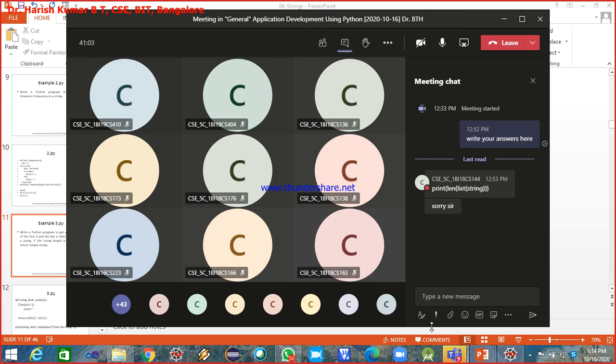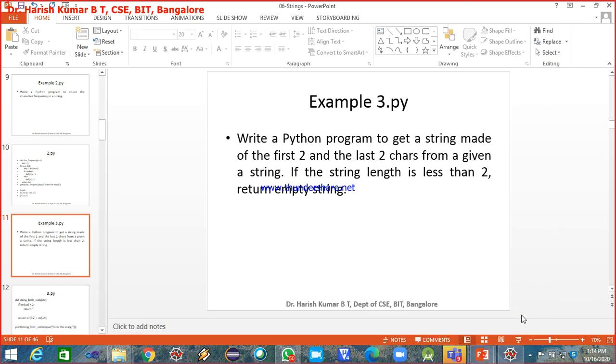Sir, can you show the question again, sir? Yeah, 1 second. Write a Python program to get a string made of the first 2 and last 2 characters from a given string. First you have to read a string, and then you have to check whether it is of length less than 2. If it is of length less than 2, you have to return an empty string.